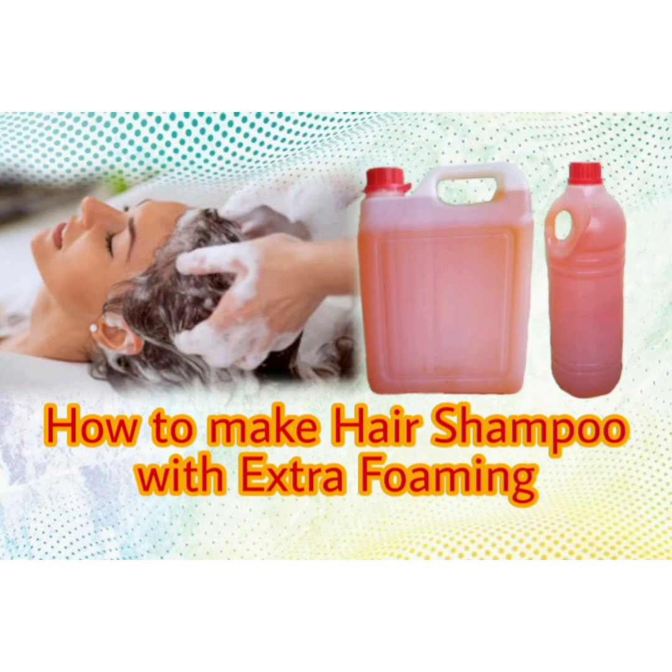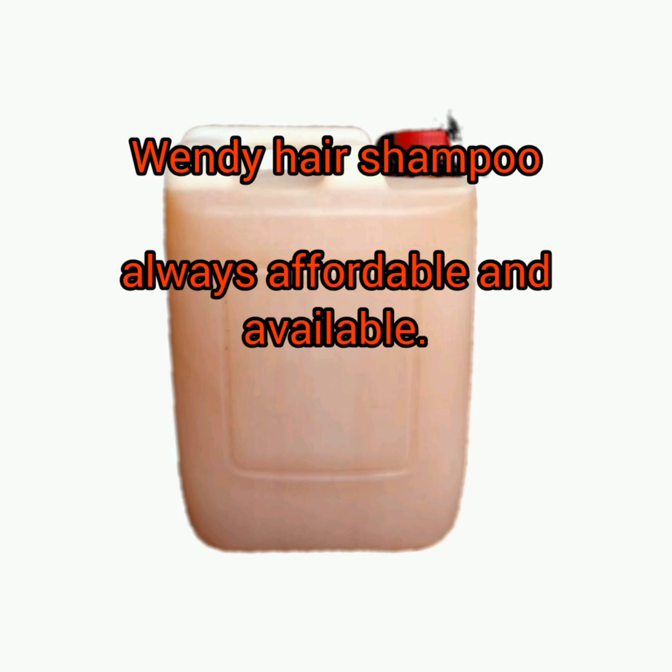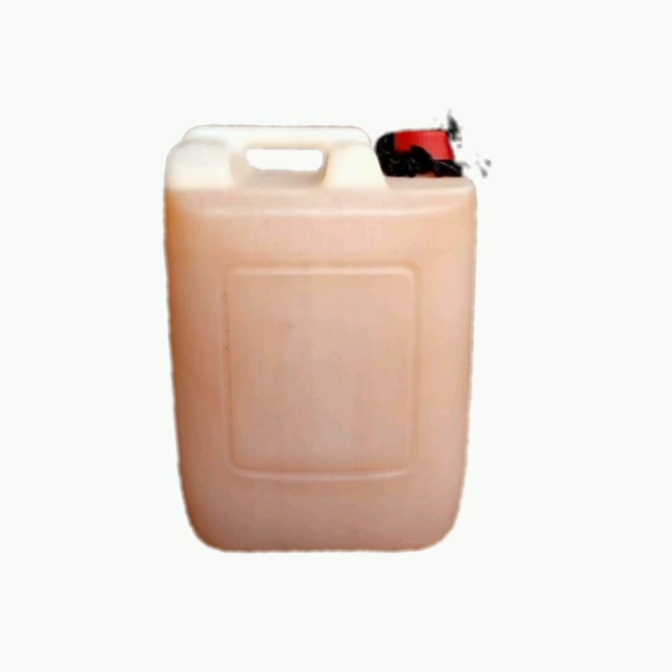How to make hair shampoo with extra foaming. Wendy hair shampoo always available and affordable. Ingredients: